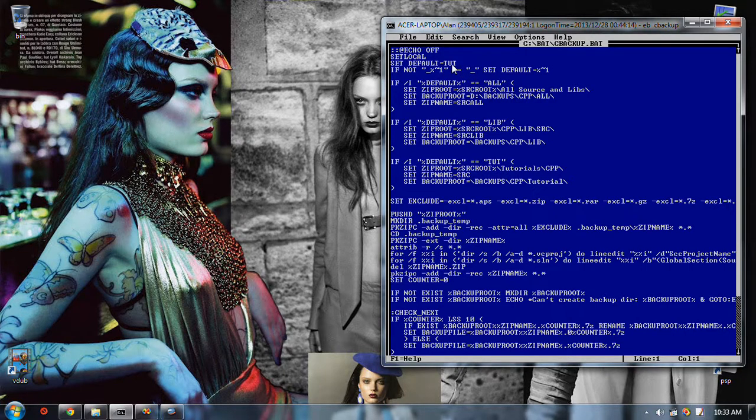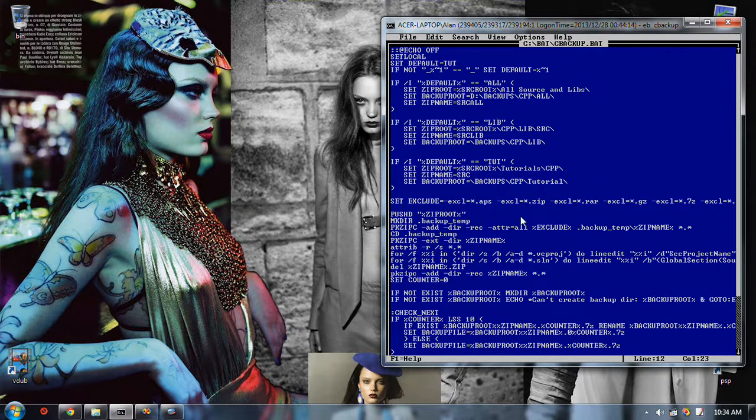The default used to be source. Hang on a sec. I think this is wrong now. Zip root source lib. That is there. Okay. I used to have another one for my source 3. That's where I could add it.